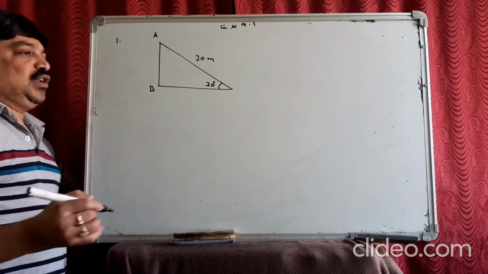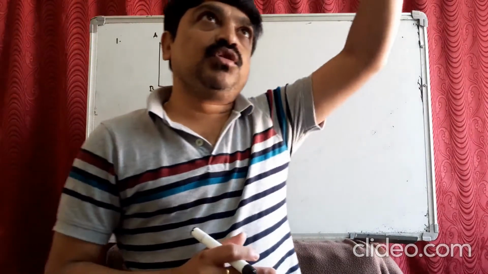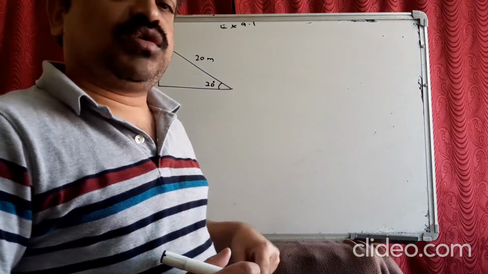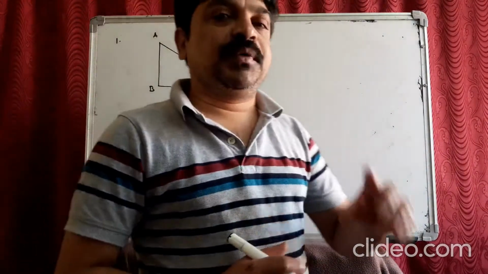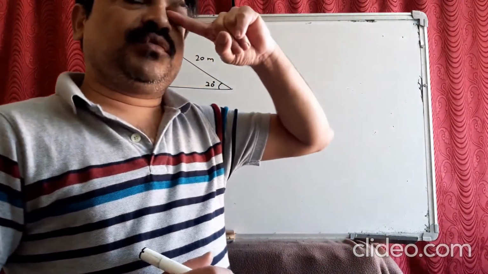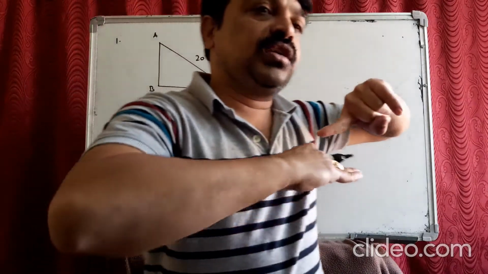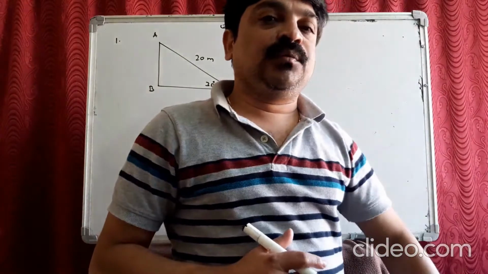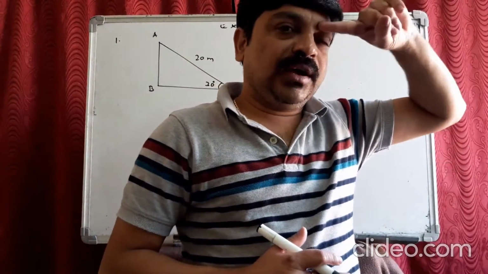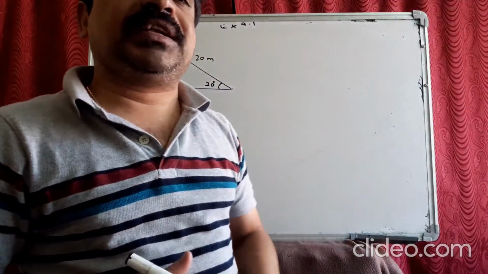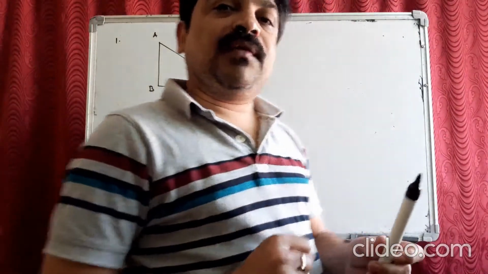See, while you are doing these problems, you should understand one thing. When you are looking from bottom to top, it is called angle of elevation. When you are looking from top to bottom, it is called angle of depression. And the angle should always be taken with the x-axis. That means when you are looking from bottom to top, there should be a horizontal line from where the angle is taken. Even when you are looking from top to bottom, there should be a horizontal line along your eye where the angle is taken for the angle of depression also. So the angle should always be taken only with the horizontal.